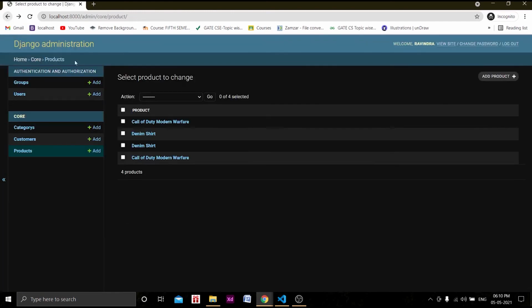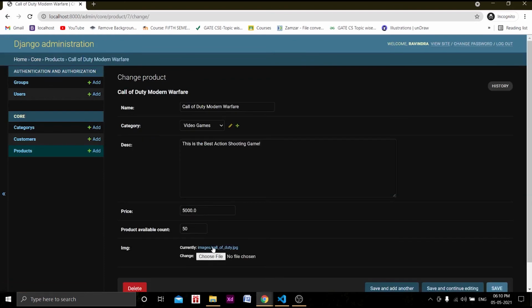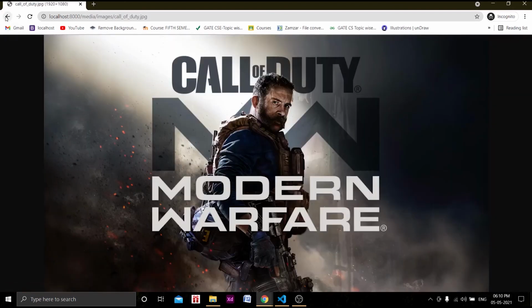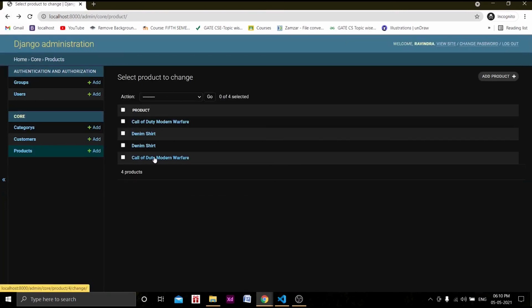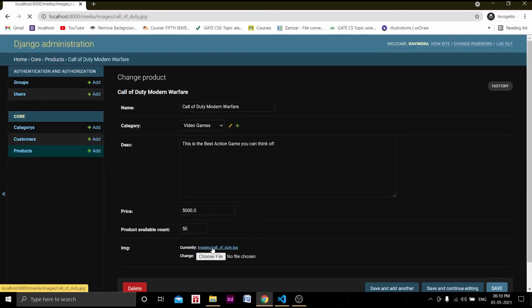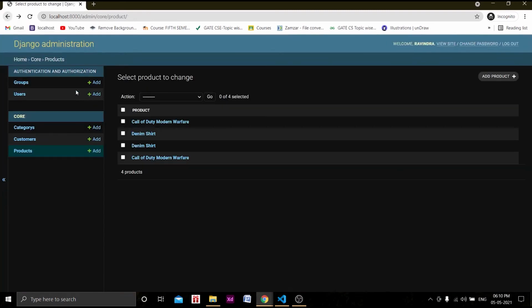Let's go to the file actually in the Call of Duty Modern Warfare. Where is that? Okay, as you can see here, it is working. I think those things which were not working, this will work. So images Call of Duty, let's delete this.